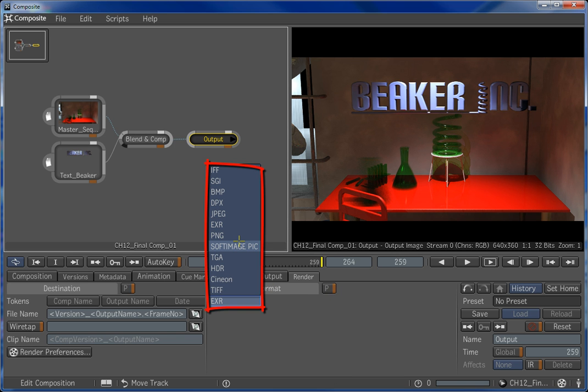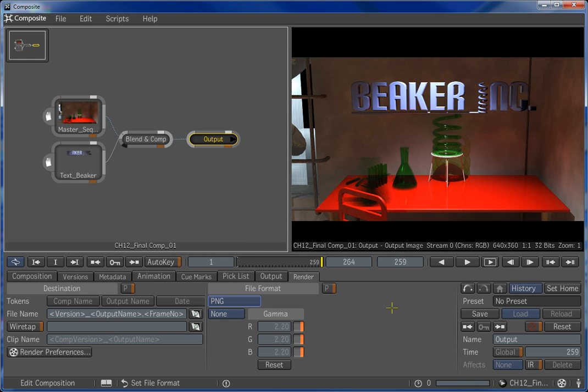You'll notice we have quite a few options that we can choose from. However, no AVI or QuickTime file format. That's because Composite is really designed around a sequence-based production pipeline and relies on other tools to convert sequences to animation files. From the File menu, click Render,